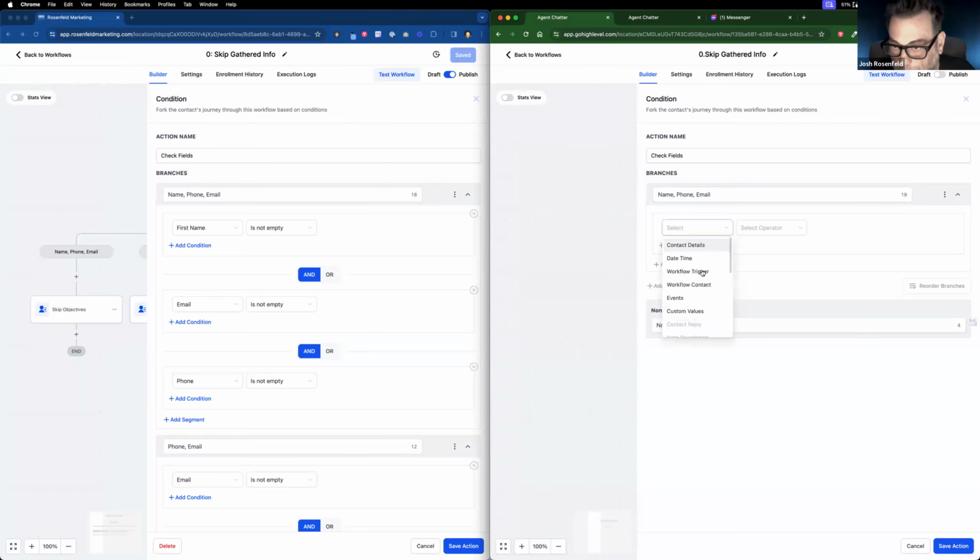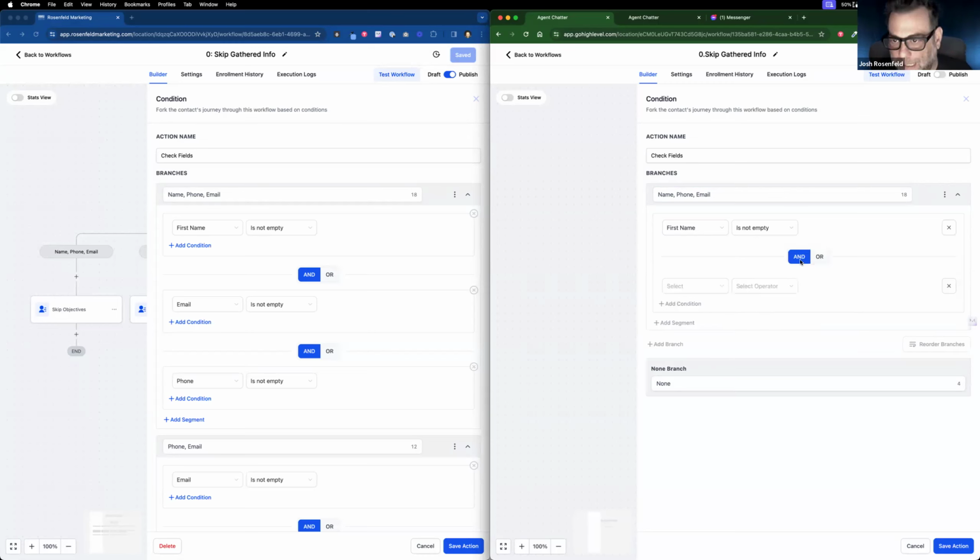And then I'm looking for the first name. So contact details, first name is not empty. And this is programming, right? So once you watch me do this, you'll know how to do more cool things. So I'm going to add another condition, and I want to make it an and condition. So if the first name is not empty and the email is not empty,